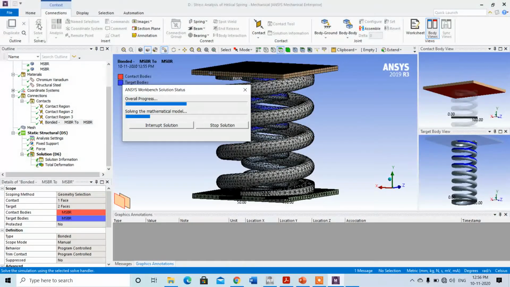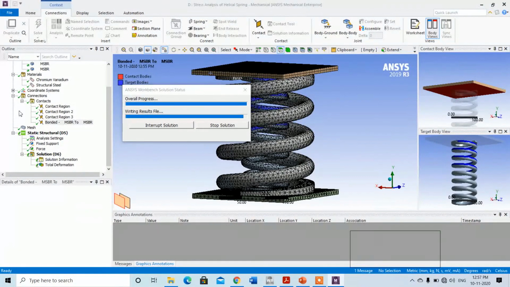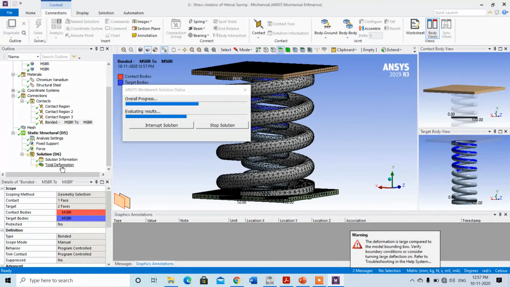Solving the mathematical model. Writing result file, it is almost complete. Just check the solution now. Yes, done.